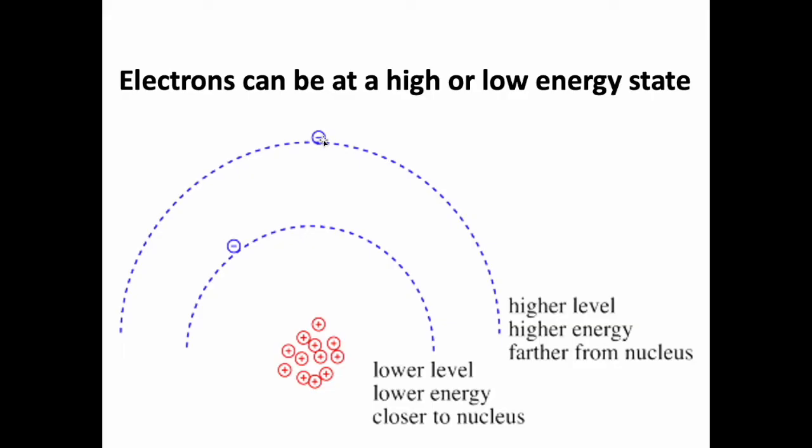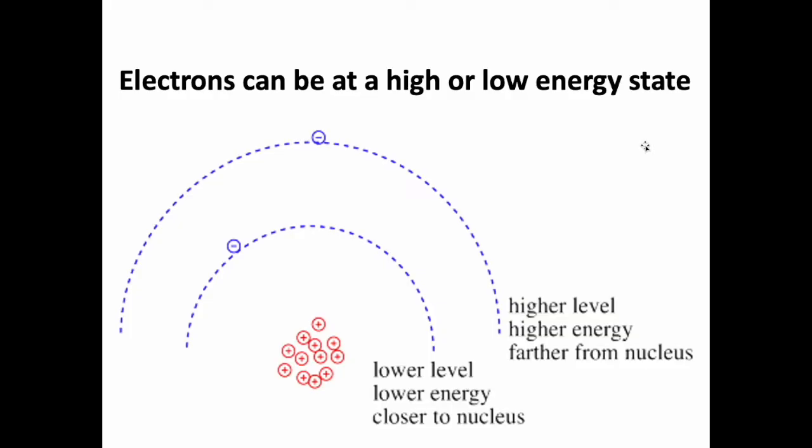So we're going to see this in action. Again, this is just some background here, but you need to be comfortable with the idea of high energy electrons and low energy electrons. Because we're going to see high energy electrons, we're going to see low energy electrons, we're going to see them go from one state to the other. So you need to be just comfortable with this concept of electrons not all just being exactly the same. Some are high energy, some are low energy. It has to do with where they are in their orbit around the nucleus. So electrons can be a high or low energy state.